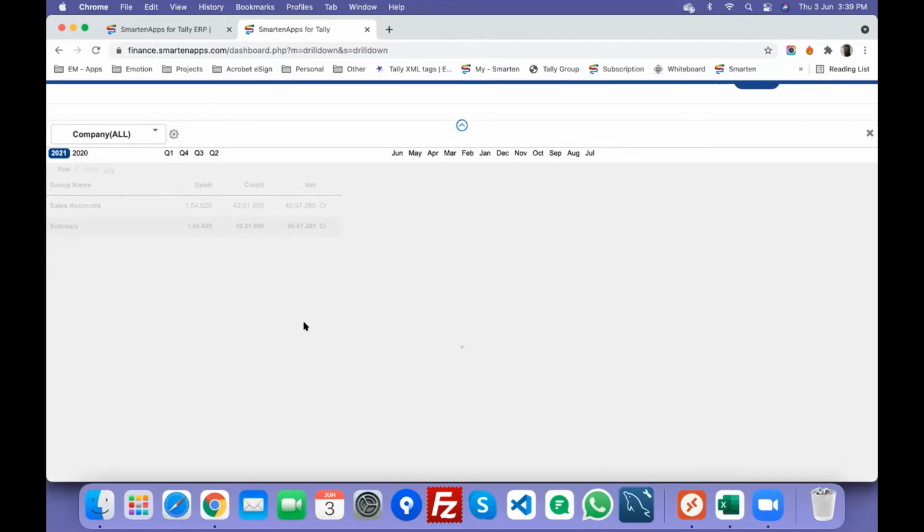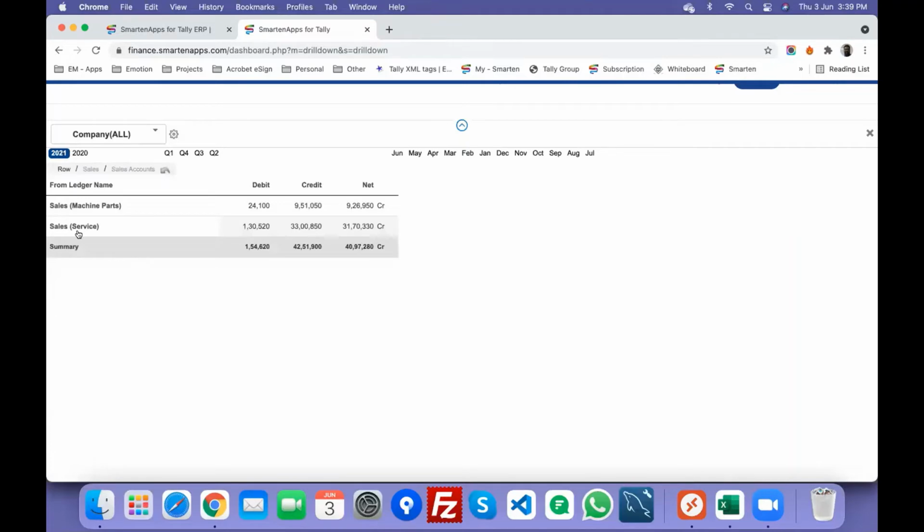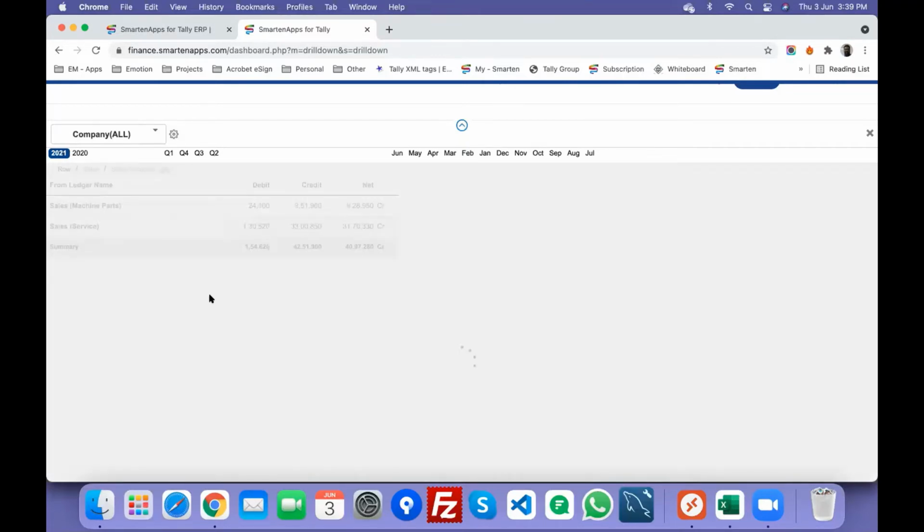Yeah, and we can get into the detail level as well. So we'll be drilling till the voucher level details from the same view. So within sales, we do have two ledgers, sales services and sales machine parts, and you can see the debit, credit, and net for the same.